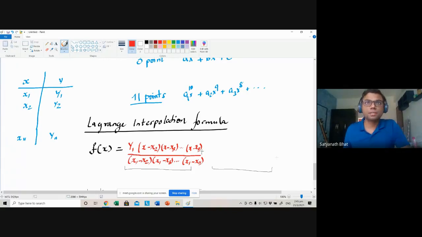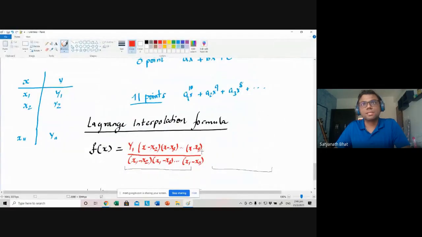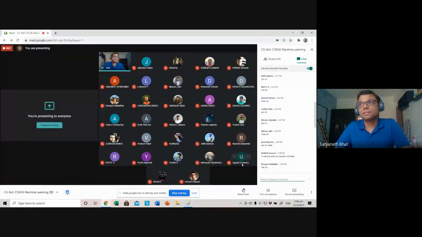Let's forget about all the other terms. Let me ask somebody to evaluate this f of x at a particular point. So let us say f of x is given by whatever I have written. First question to everybody: just use your chat window and type in what is the degree of this function in terms of x? Can all of you type in the chat window just to see if you are following? What is the degree that you see here? x minus x2 into x minus x3 into x minus x11. What is the degree?